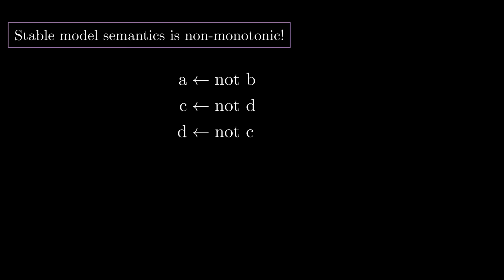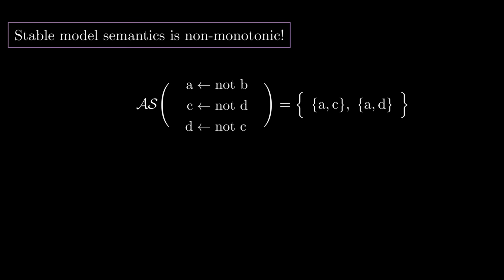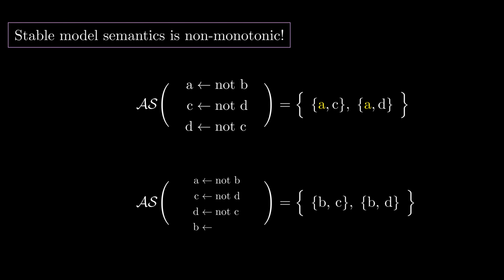Take a look at this small program here, with those stable models. Notice that in every stable model, we have this atom A, so we know that A holds for sure regardless of the specific stable model. But now, if I add this new rule, the stable models become those. And clearly A is not for sure anymore. This is non-monotonicity. Gaining knowledge does not necessarily extend the set of conclusions you can draw out of it. If you think about it, the classical semantics is, on the other hand, monotonic. Okay, I think we are done here.